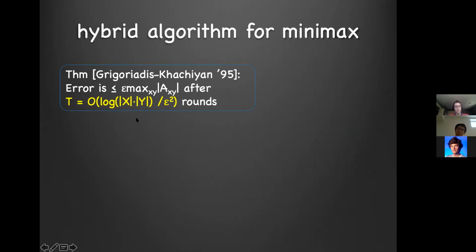So very good scaling with the total number of strategies. The epsilon squared is a little bit unfortunate. There are like 1 over epsilon algorithms, but they don't have the same property of using sparse strategies,